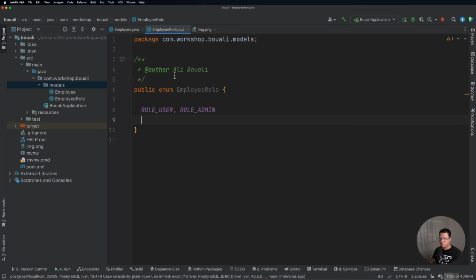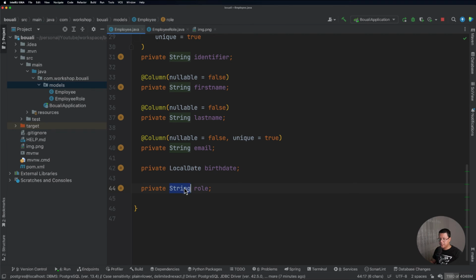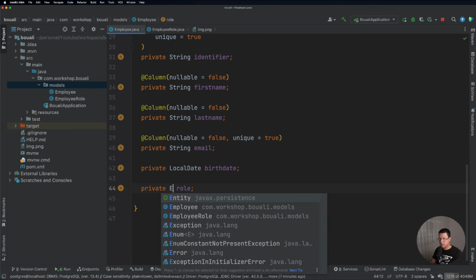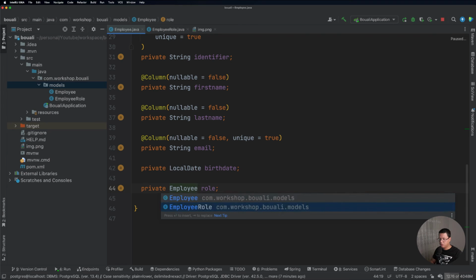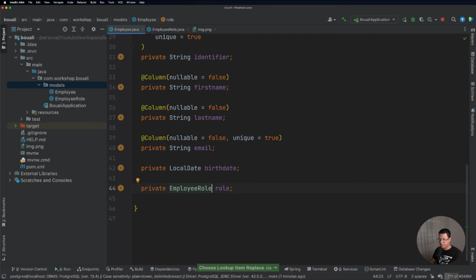So now we are going to fulfill the requirements of the role attribute. So here, instead of having a string type, we will use this employee role as type. Now let's see how we can tell Spring that this is an enum and we want to use a specific thing for this one.